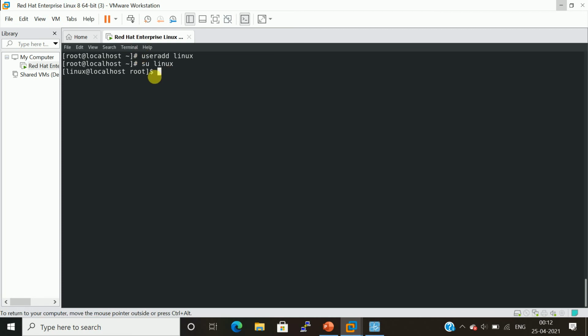Now you can observe this dollar symbol. The dollar symbol represents the normal user, and the hash symbol represents the root user. So this is the difference between the hash user and the dollar user. Let me switch again to the root user. Now it is asking for the password of the root user.